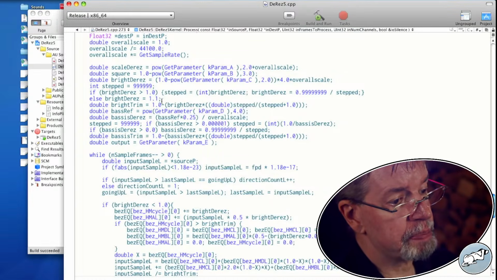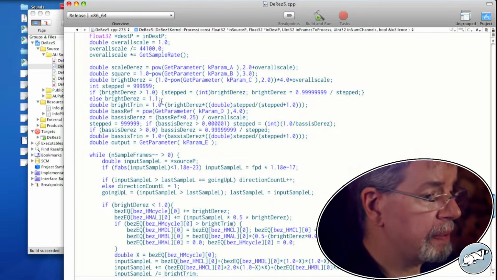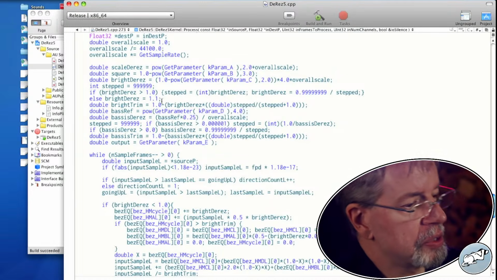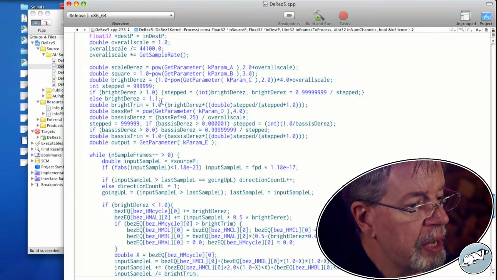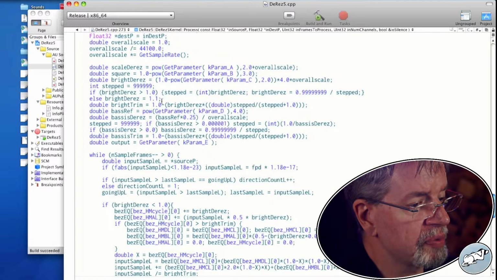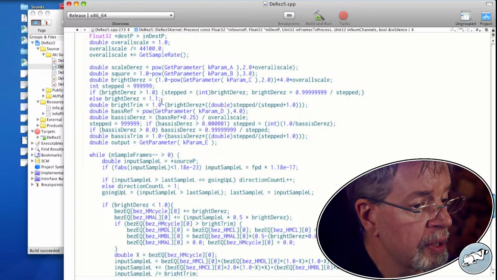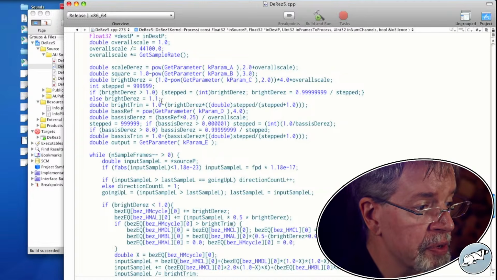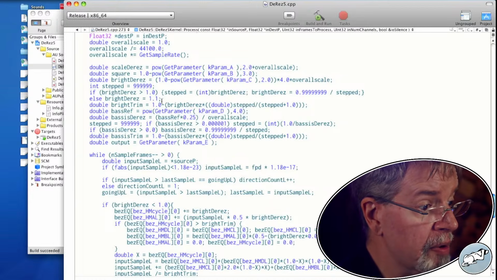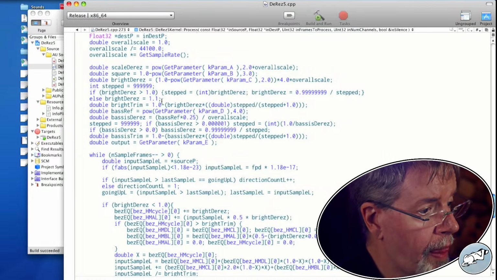It's 1 minus power get parameter per MC. So if we crank it up all the way, that is a 0 times 4. But if we turn it way down, it starts to become a larger number. In fact, it's times overall scale even. So there's that. And that's going to be relevant to what we're trying to do.